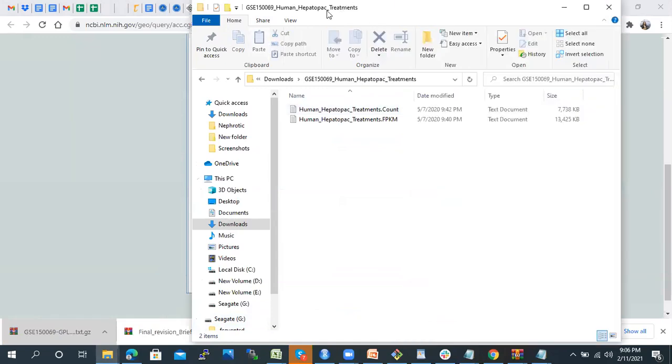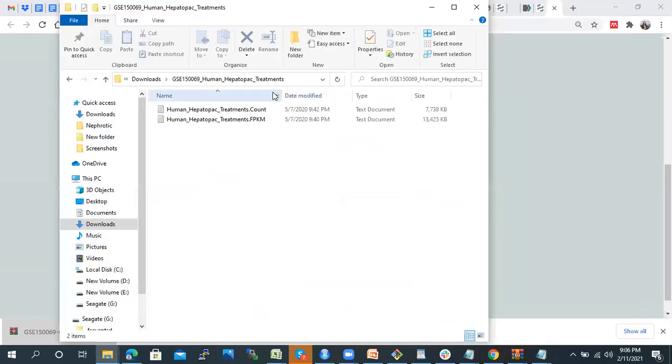So my screen is visible to you. You can also download this data set and look at exactly what it contains. It already has two types of files. One is count values, the other has FPKM values.